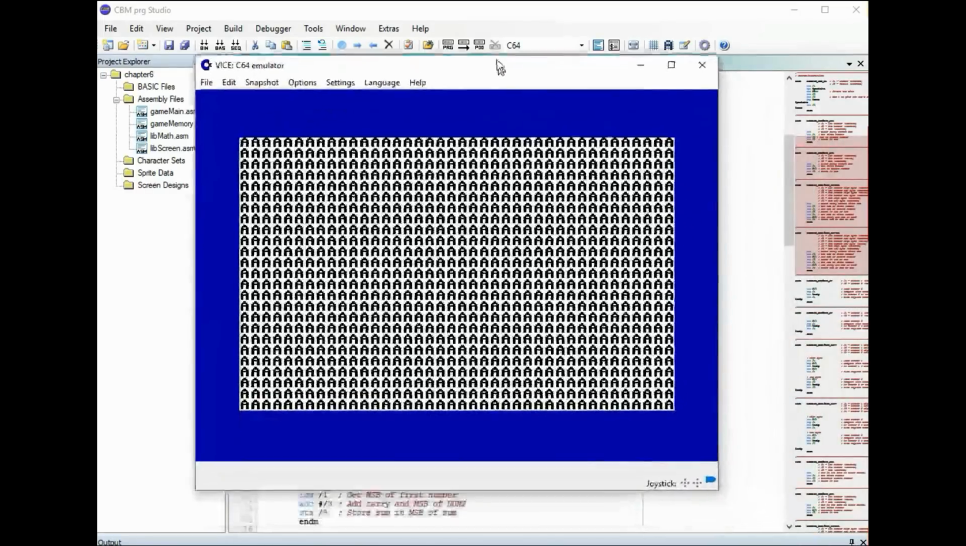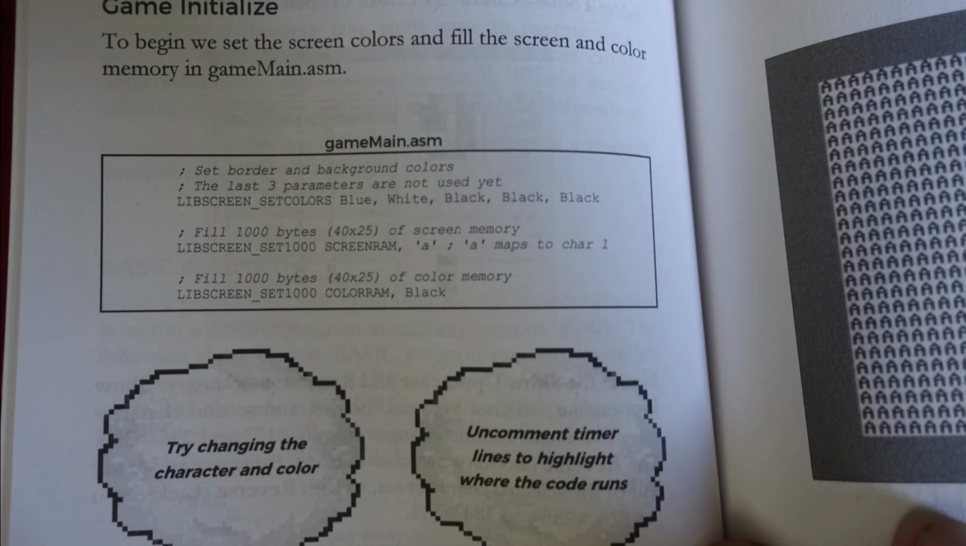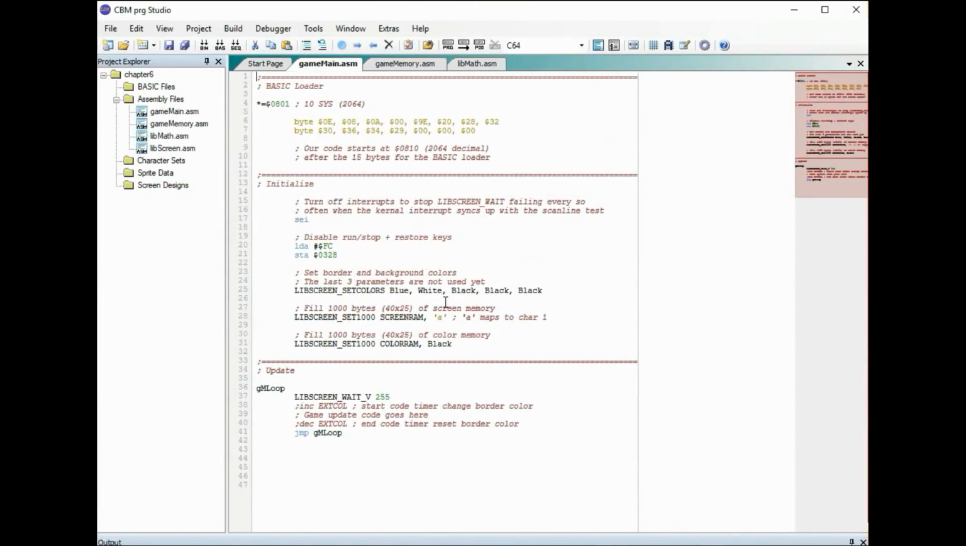Okay, so that's right. In this program, all it does is clear the screen with the letter A and put the letter A everywhere on the screen. And on page 34, it describes the source code for that. It sets the background colors, puts the letter A. It says try changing the